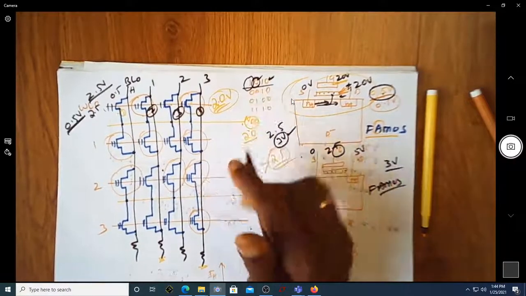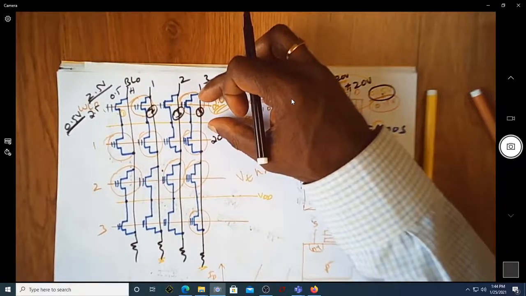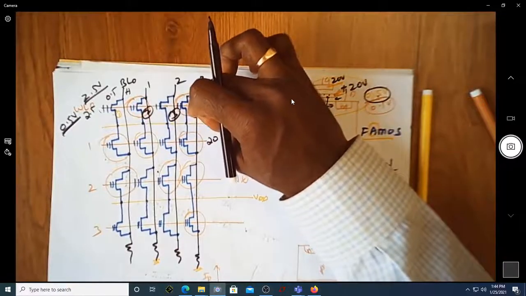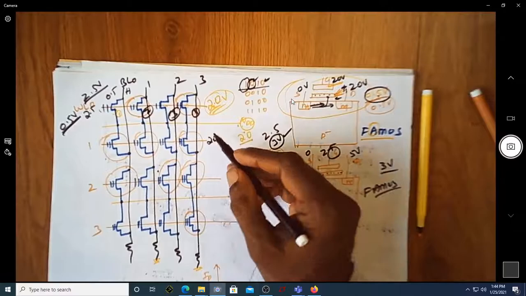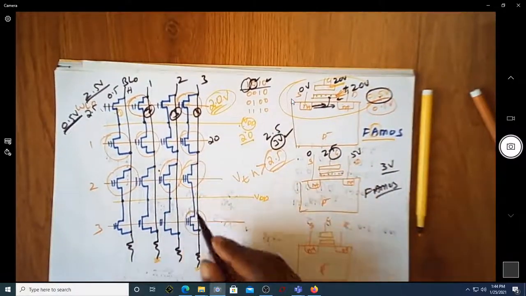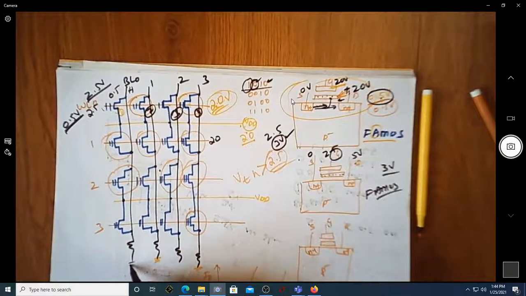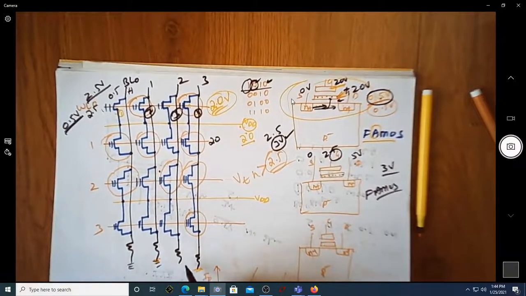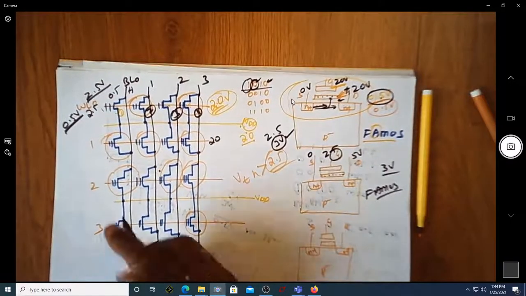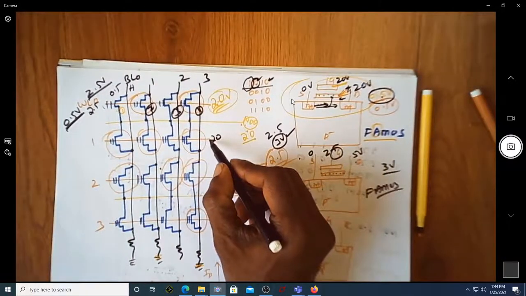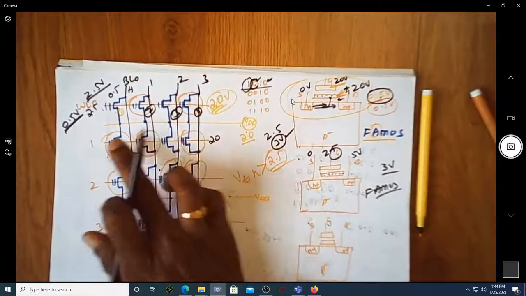Coming to second row, again I'll make this 20 volt. Of course, we have set these two threshold voltages more, then we can open circuit this, make this 20 now, and then of course you may have to ground the corresponding transistors. So you may have to ground this, you may have to ground this, and you may have to ground this. So upon grounding these three, upon applying 20 volt and upon applying 20 volt here, these three transistors will have